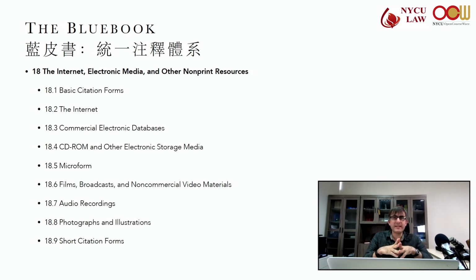Now 18.7, audio recordings. If it's a song, you'll indicate in small caps the artist, album title, followed by a parentheses including the publishing company and year.